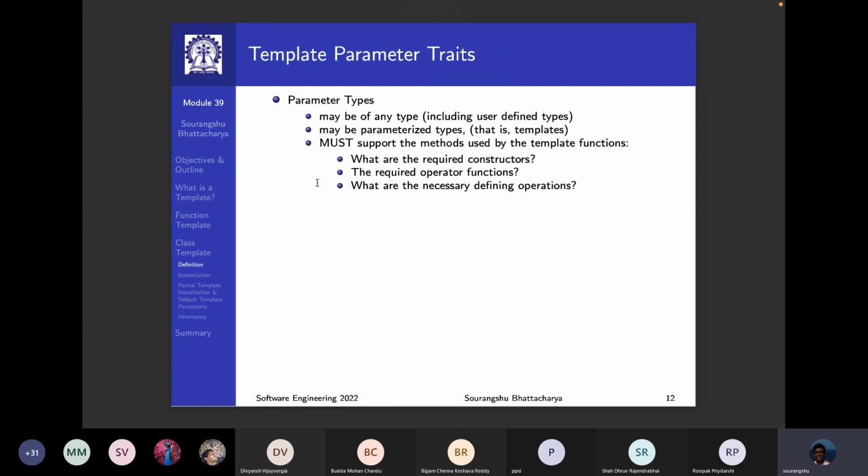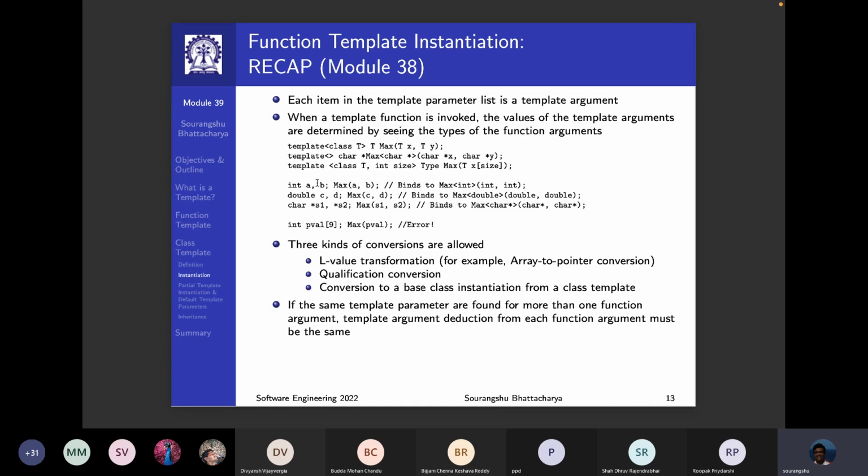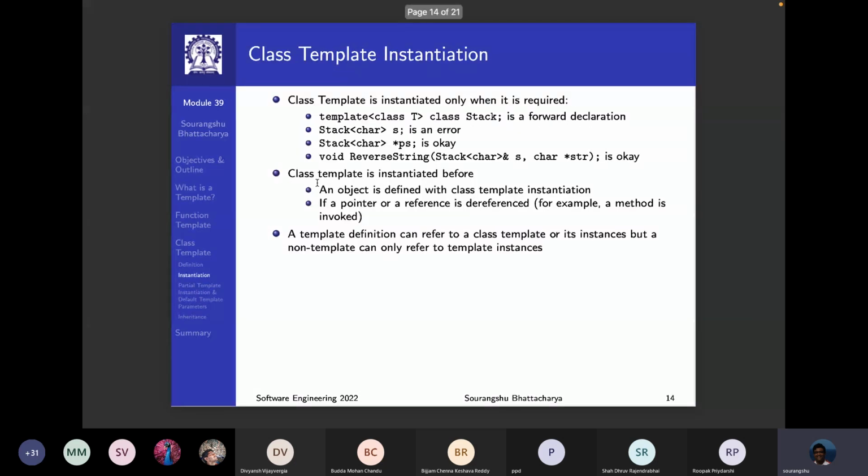And the type must support the methods used by the template functions. So this we have already discussed. Okay, so now